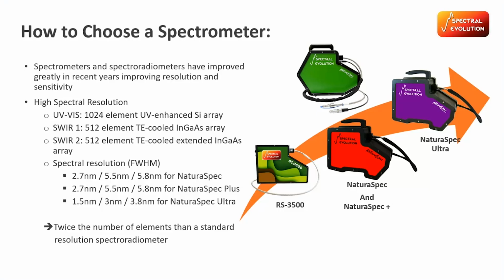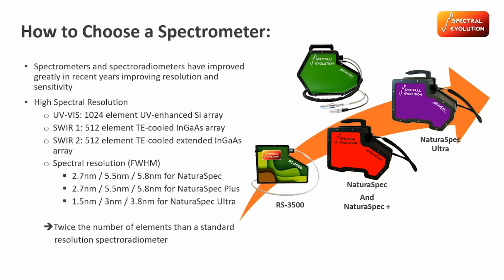Then the step up from that is the NaturaSpec and the NaturaSpec Plus. That has a 2.7, 5.5, and 5.8 nanometer resolution with full width half max resolution. And then we have the NaturaSpec Ultra, which is unrivaled in spectral resolution for field-based spectrometers and spectroradiometers. So that one would have a 1.5 nanometer resolution, 3 and 3.8